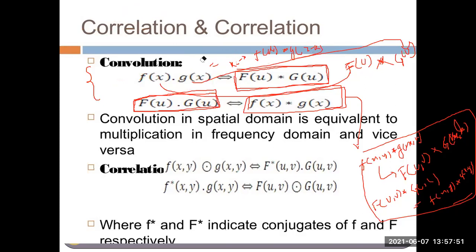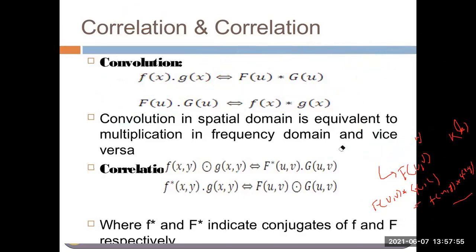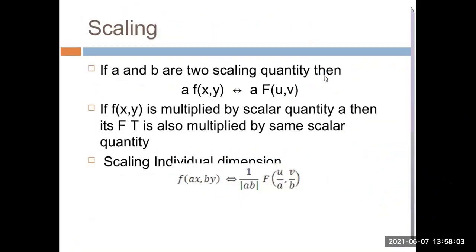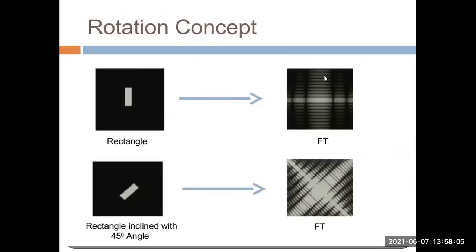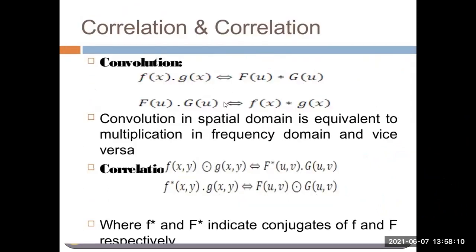I can analyze this property with the help of a diagram or an image, and then you can better understand this one. I will explain in the lab; in the lab you have that one, I forgot to add that slide here. So when you either perform the convolution on the image or perform the multiplication on the image, the resultant will be similar.